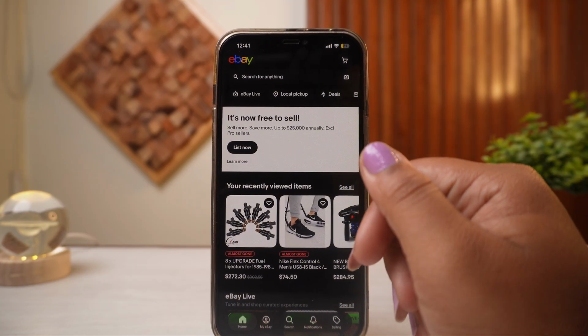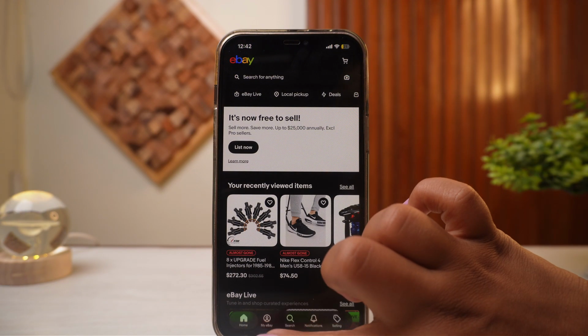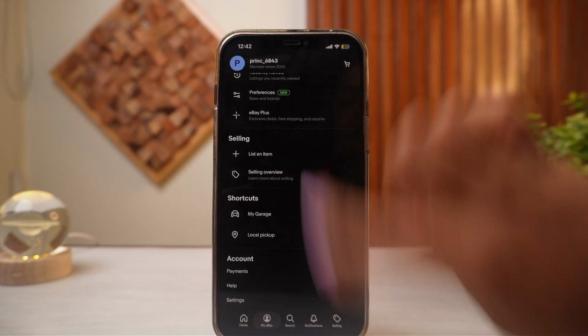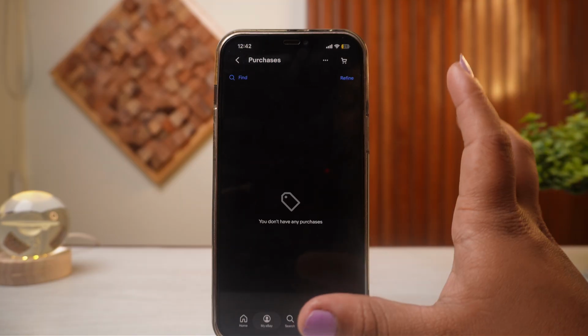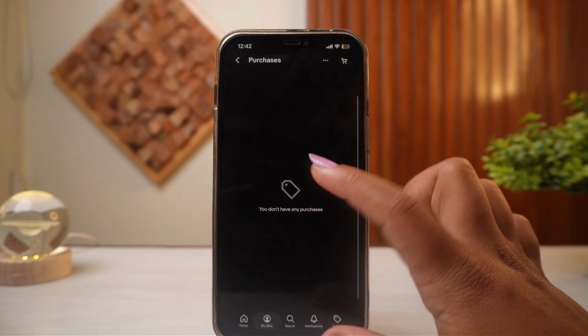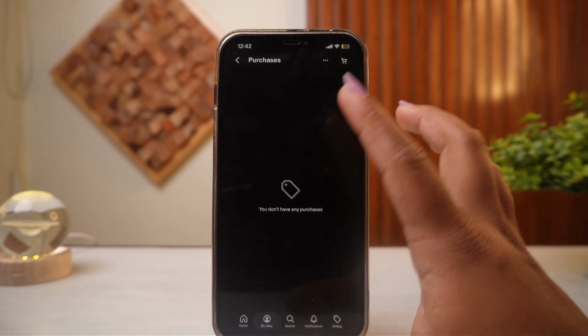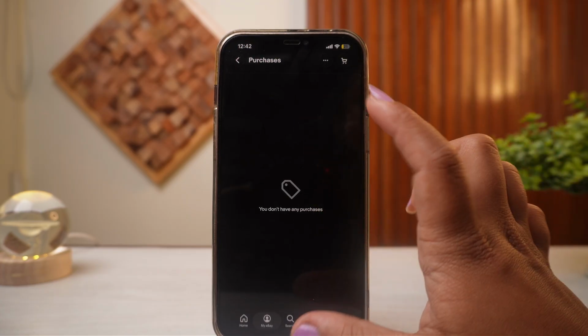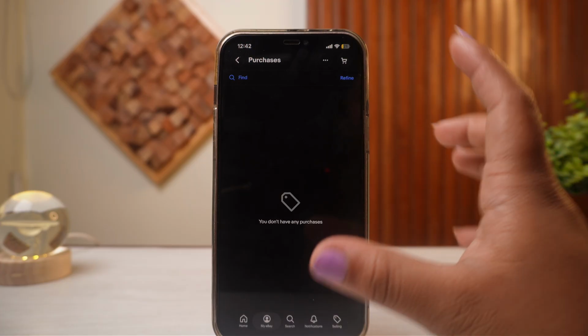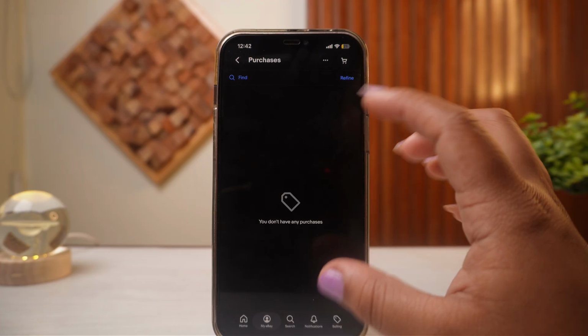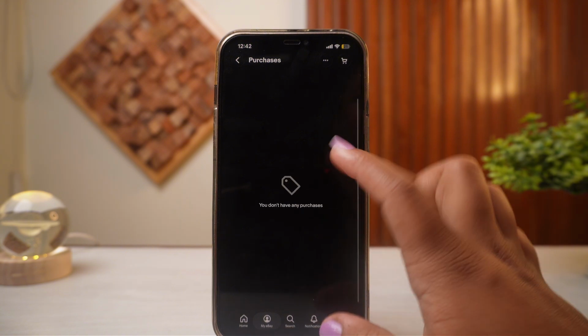So all you need to do is simply quickly get into my eBay account right here. Then from here, what you're going to do is tap on the purchases right here. You'll be able to see all of your purchase history, right? So in here you need to find that exact transaction item and then click on cancel this order, and then you need to select a reason for your request to cancel and then click on submit and wait for the